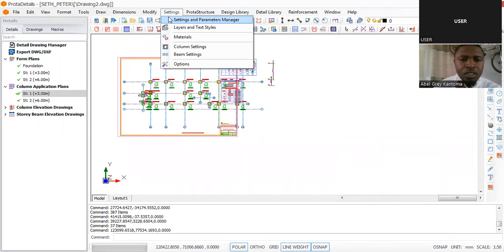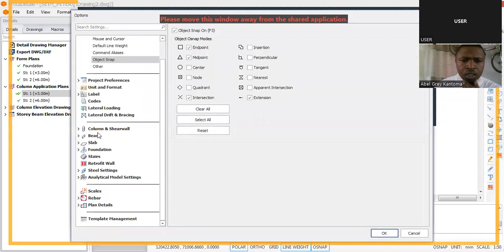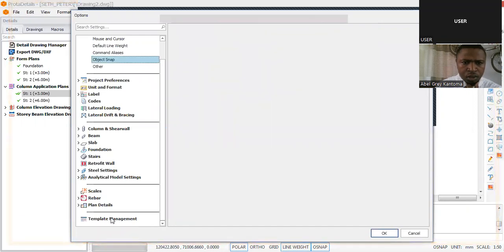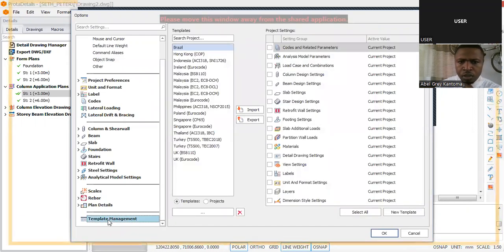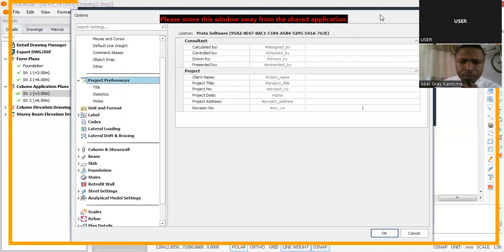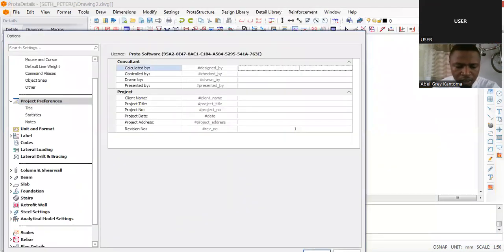Settings, and let's come to options here. This is your template manager using BS8110 project preference. Okay. So here, designed by